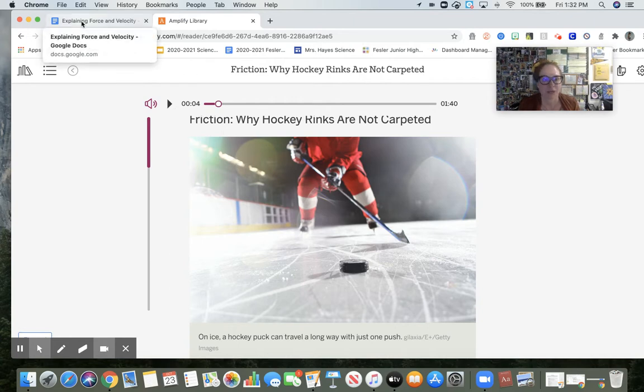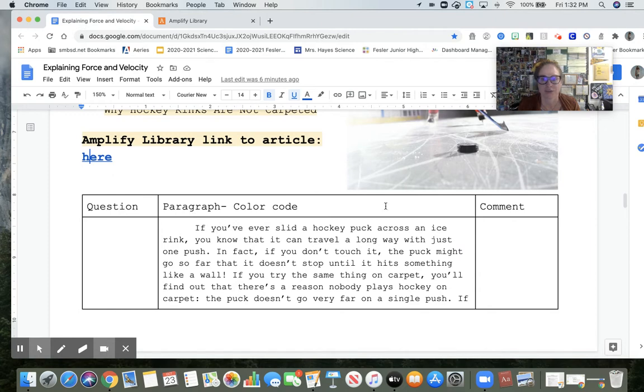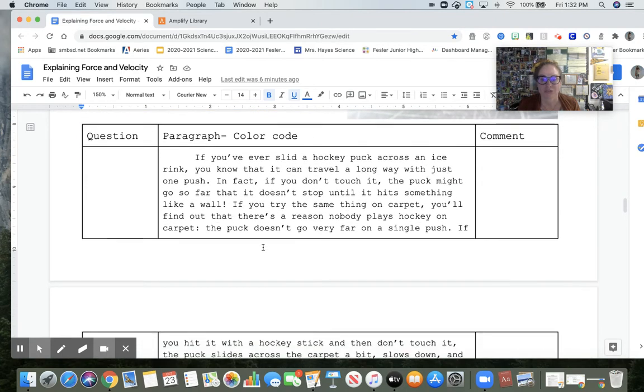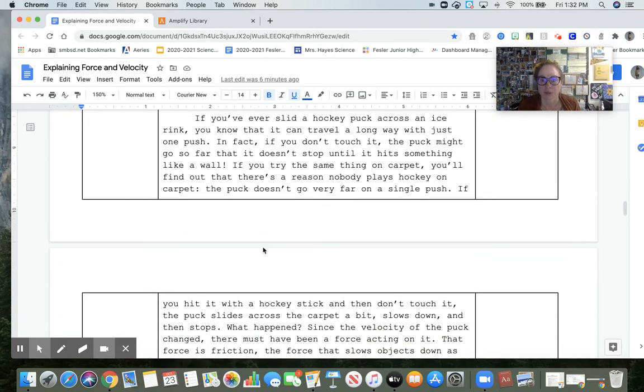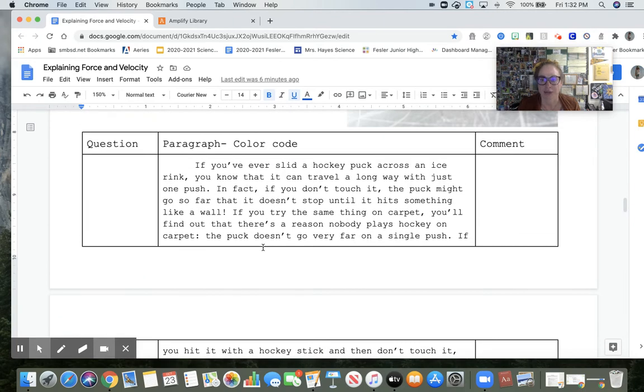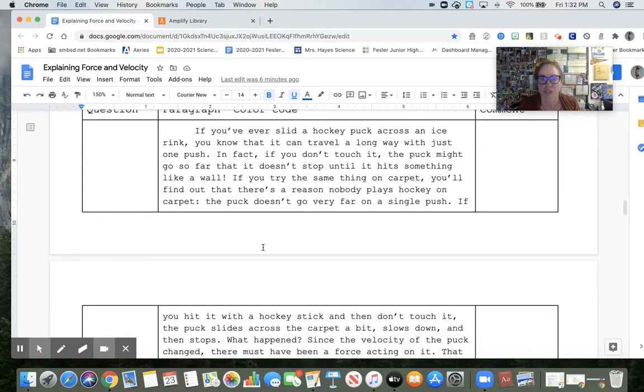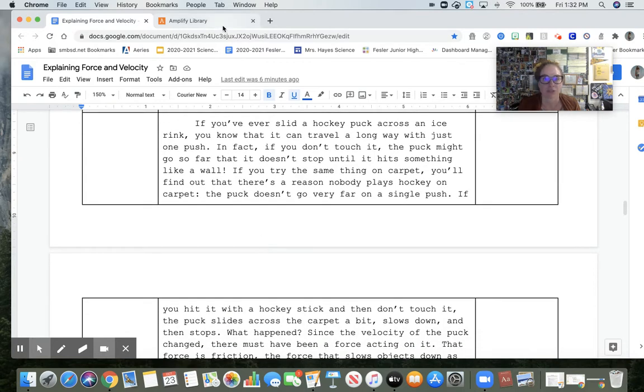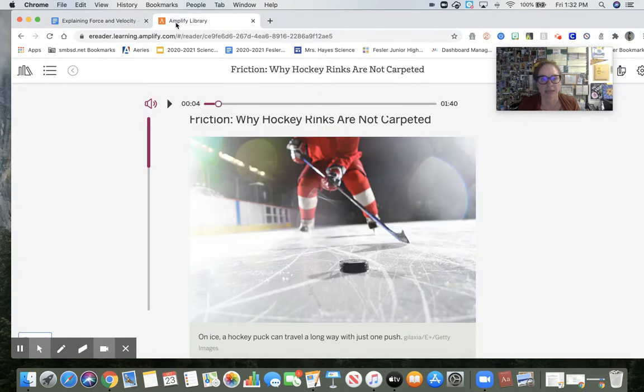If you understand color coding, and you don't need an example in this video now, otherwise I'm going to go through this first paragraph with you and show you how to color code again. I'm not going to do the whole thing, but I'll get a good start and start it, okay? So the first thing I'm going to do when I'm going to have to color code is I just want to listen or read the paragraph one time before I start color coding. So I'm just going to let Amplify read it to me. So maybe just go ahead and start it over.